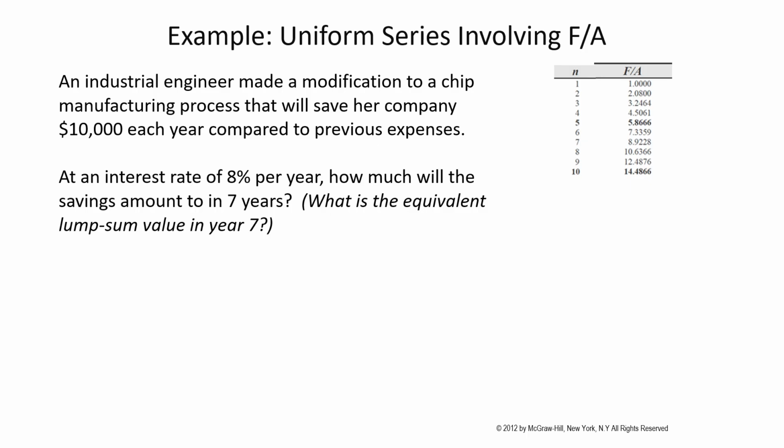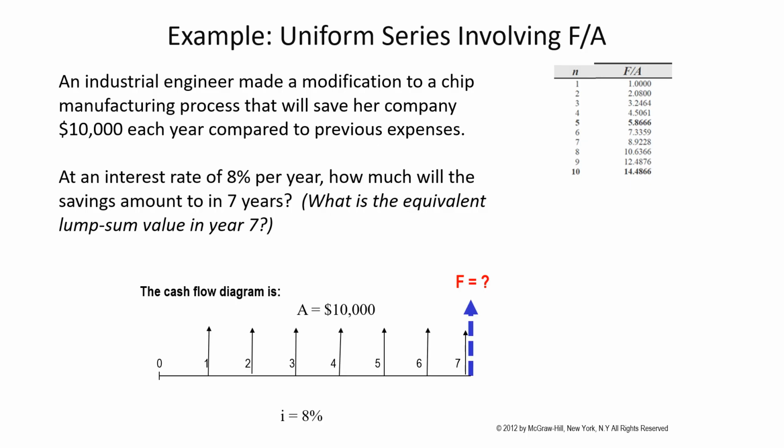Like the find F given A for 8%, n equals 7 is this number, the factor. And then I'm going to multiply that by the amount of 10,000 to find the lump sum future value. Because this is the A. And if I multiply the actual numerical amount by the ratio that tells me the future equivalent, then that'll tell us it's